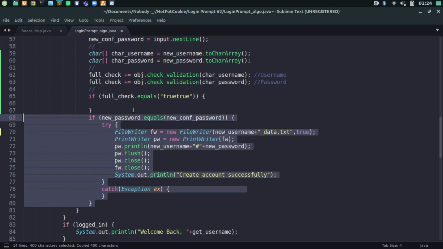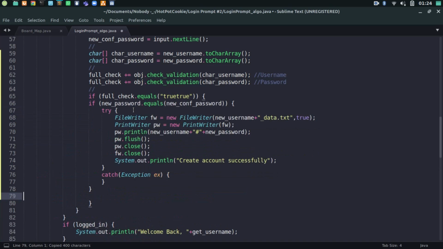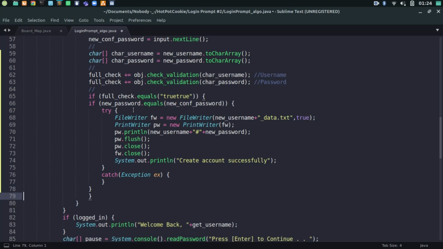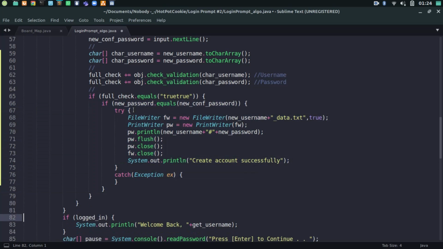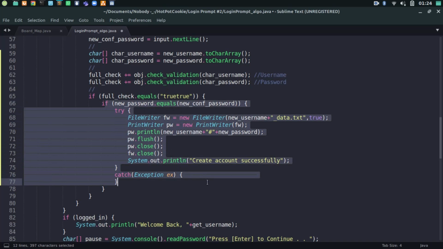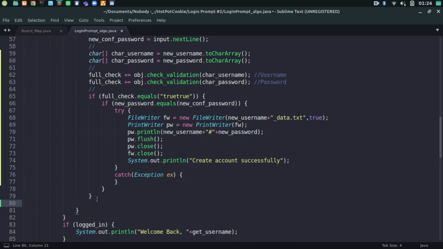So we can just copy this, erase that, and move that into this true bracket in this case. So if it equals true, then it will check the password, but if not, let's go with